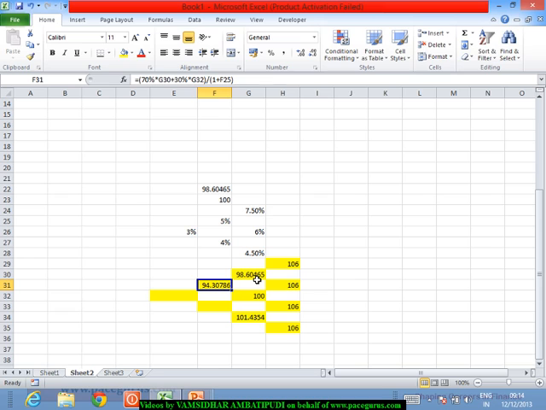But to this 98, I am going to get 6 as the coupon. So here if I am looking at, I am even getting a coupon of 6 at this point, and also I am getting a coupon of 6 at this. So whatever may be at the end of 2 years, I am also getting a coupon of 6